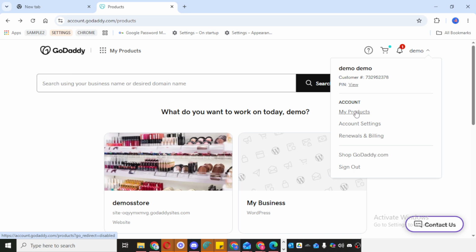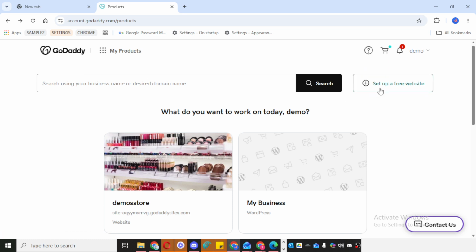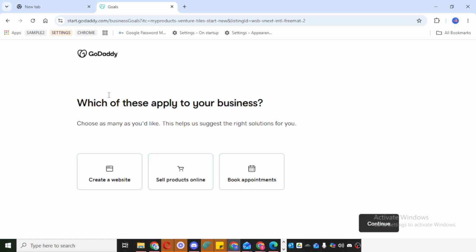At this stage, GoDaddy will guide you through a few setup choices. Simply select the options that best match your shop. Since you're setting up a clothing store, choose the choices that fit your business type and overall store needs. Take your time here, because these early selections can help shape the setup experience and make the builder more tailored to your shop. From there, just follow the prompts on your screen. GoDaddy will walk you through the setup step by step.